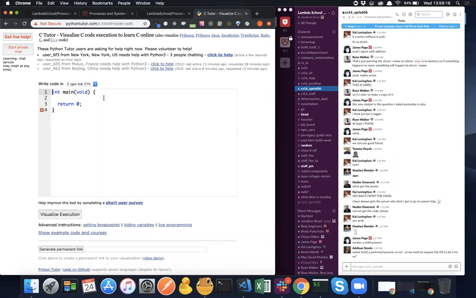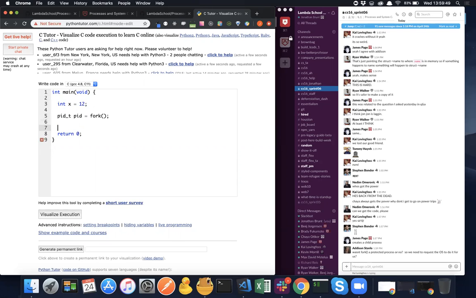So here we'll demonstrate: declare an integer. Like I said, this is a type, and we'll just name it PID. And we'll just put a simple